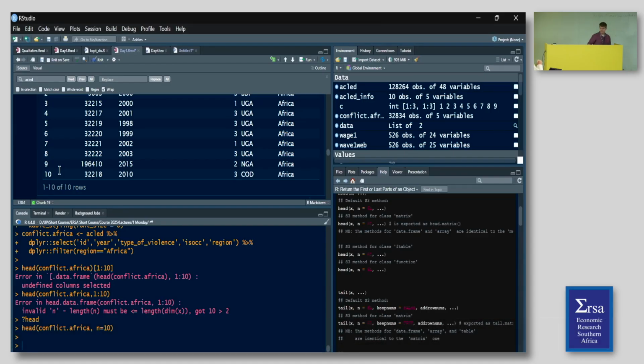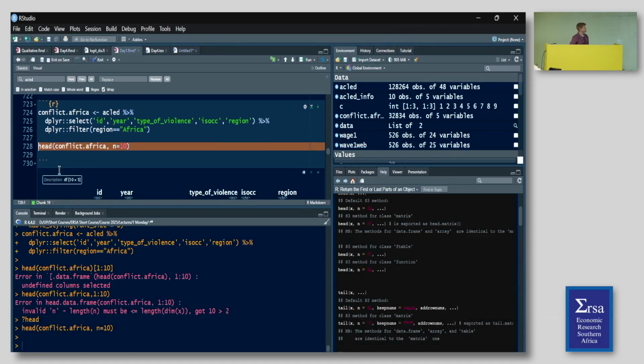Can I see the code? Oh, yeah. So it's comma n equal to 10. There's another way of doing it with the braces, but yeah. Sometimes, like I said, I jump between programs so I forget one syntax versus another. Okay? We usually do it just to check the data after a merge or anything else, that everything is looking okay, at least for the first few observations. But it's not meant to allow you to go further than that. If you want to, you would need to look at names or streams or things to see more information. It's meant to be more of a quick check.